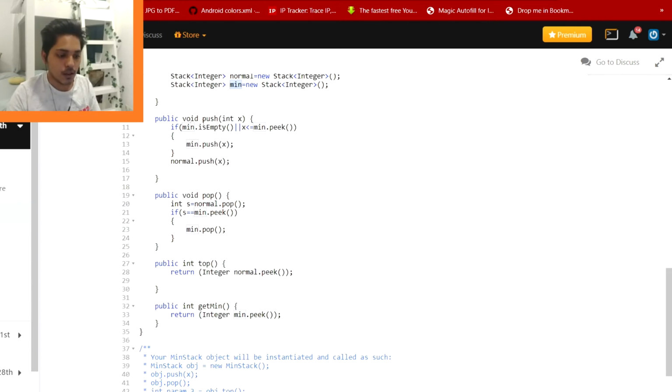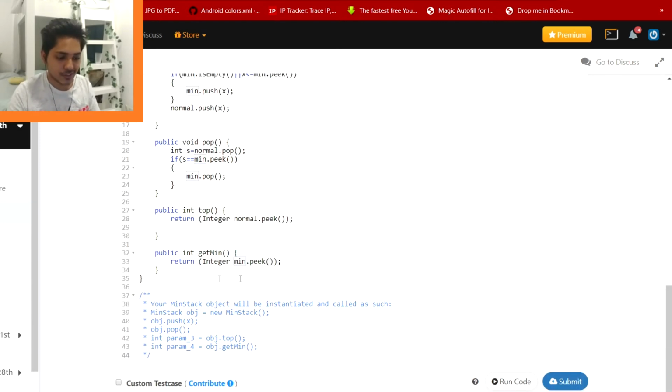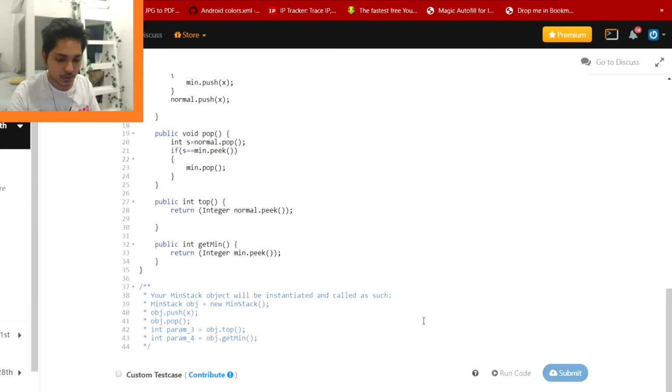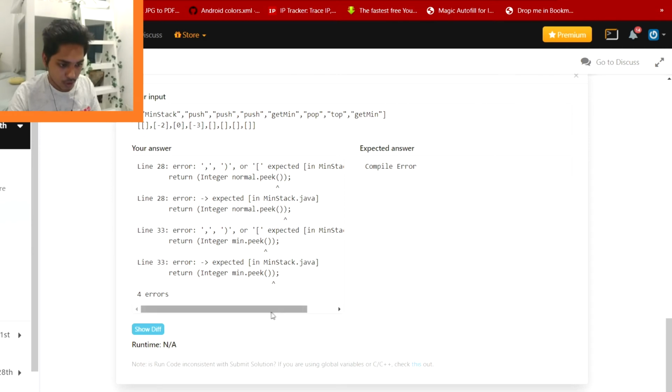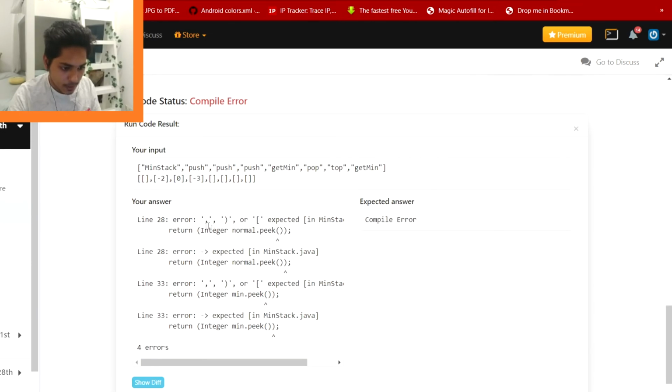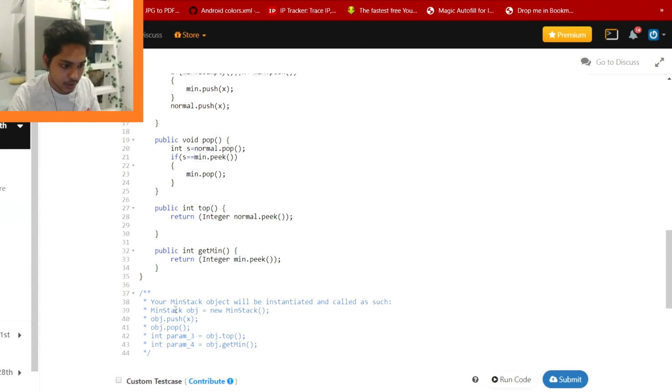Okay, now I explained all these functions and it is pretty much clear, so I'm just going to run the code. Let's check if we are getting okay. Lines 28 and 33, so this means this line and this line. Normal dot peek, that is the problem. I think we don't need to actually use peek in this one.